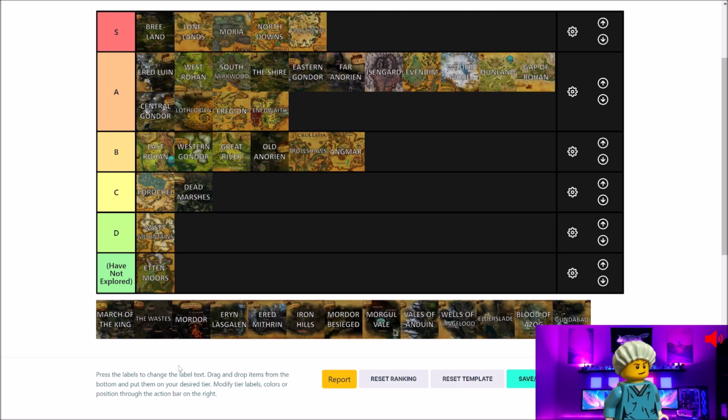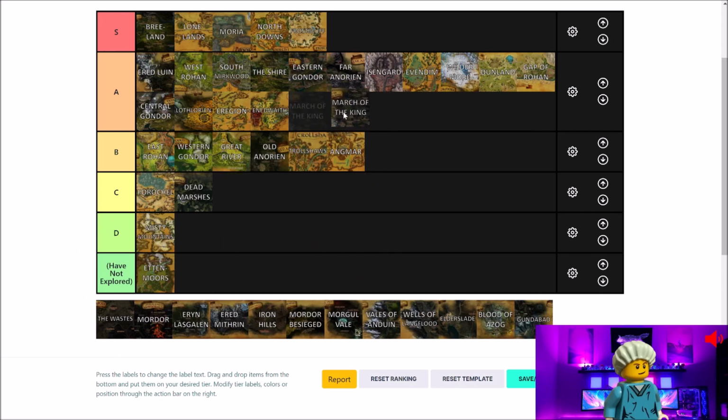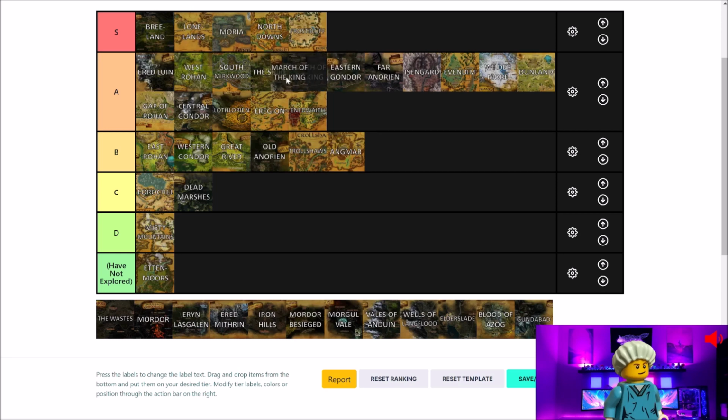It's really kind of a cool contrast to see, on the doorstep of the biggest enemy in Middle-earth, this vibrant, lush little region of land, which is just pretty cool to explore. So I'm going to put March of the King at mid-tier A. I think it is probably my favorite of all of the Gondor regions, and so we'll put it right here,